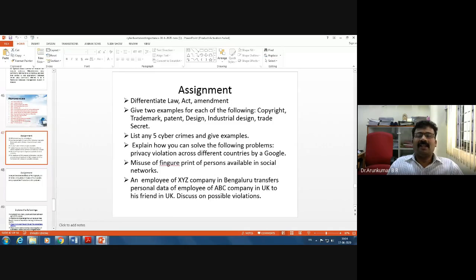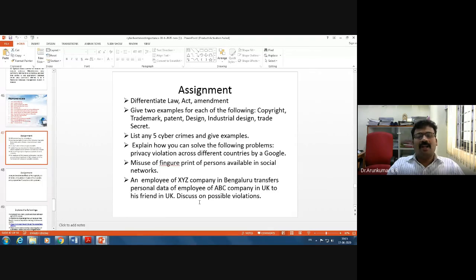Therefore, it is very tricky and very critical to take a decision with respect to what information we have to share, what information we cannot share. So we have to be careful.